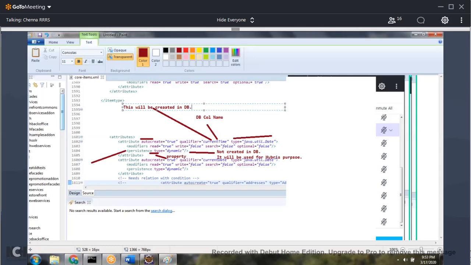Now let's understand one example. Can anyone give me an example where you don't need the DB column, but for calculation purpose you need some attribute?